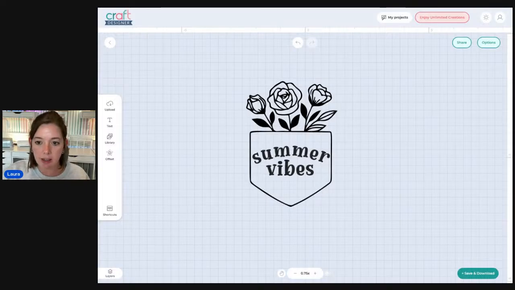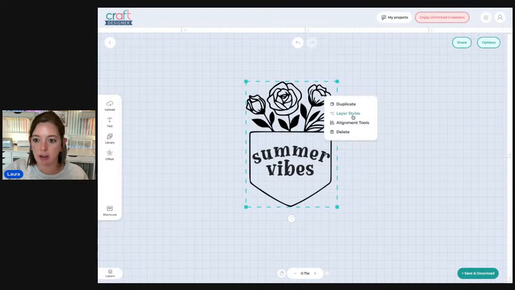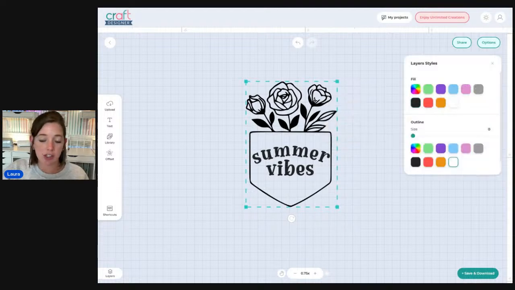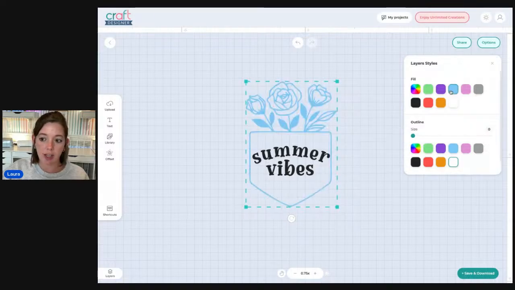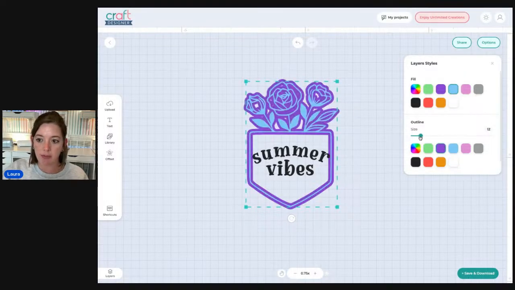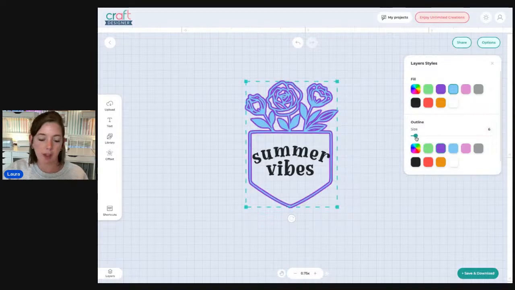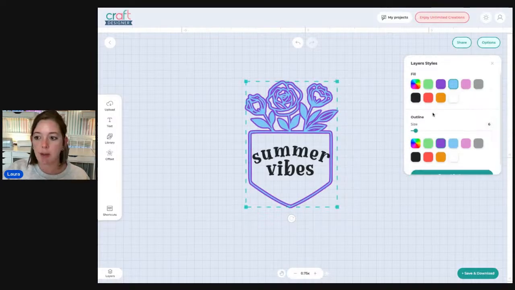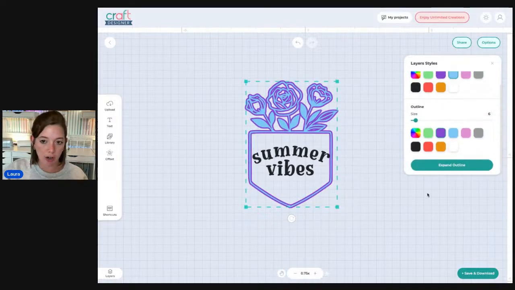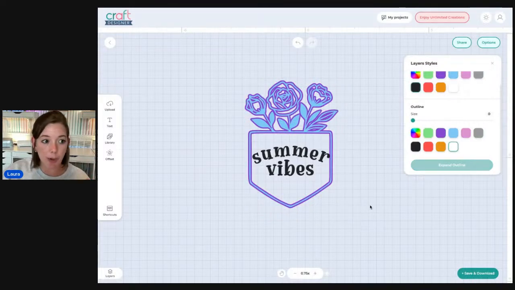You can add color. So I could take this element right here and click layer styles. I right clicked it and clicked layer styles, and I can fill it, and I can also outline it. So I could create an outline if I wanted to make it 2 colors, but you can change the color of any piece of this as long as it's broken into a separate element.